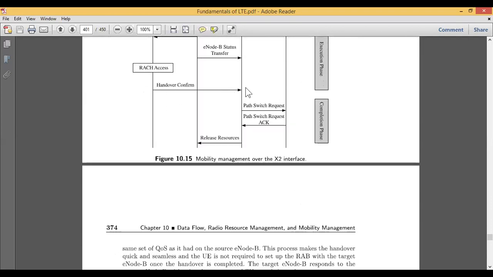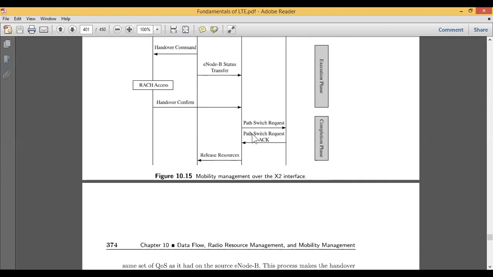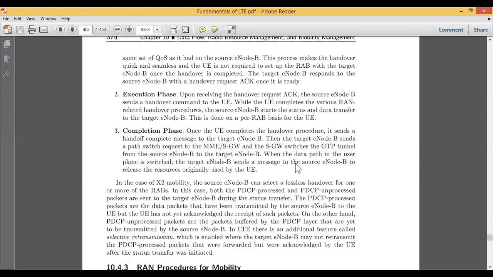So it will confirm that all the resources have been sent to the target, and then it will send it to the serving gateway. You can see the path switch request has been made by the user entity for the completion. Once the request is granted, it will send an acknowledgement that it is granted, so that it can terminate.